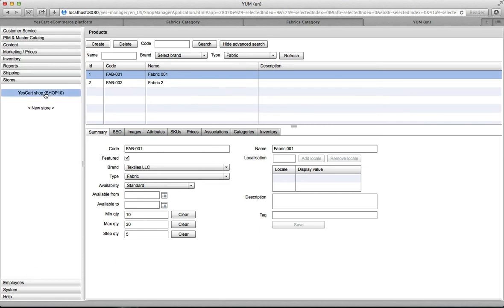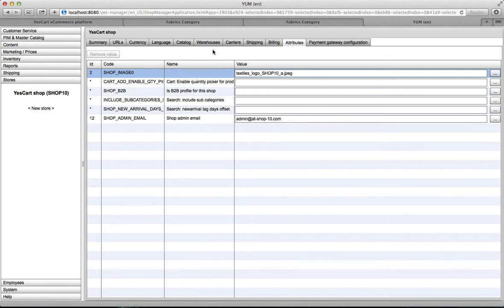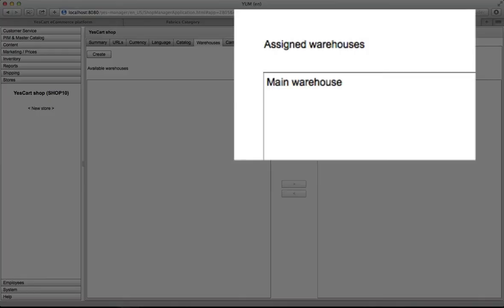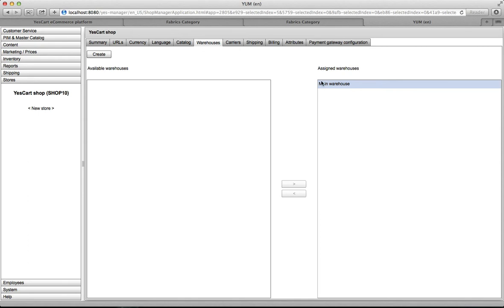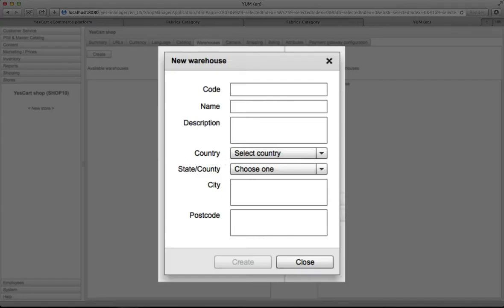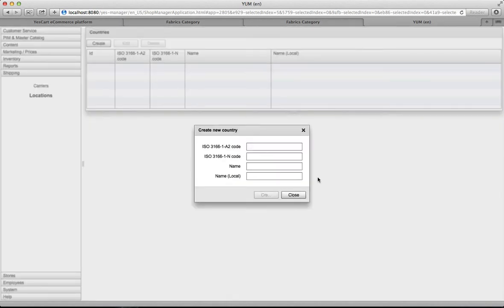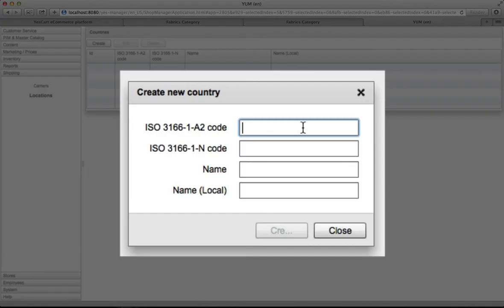So if we go to stores, yes, shop, and we go to warehouses. At the moment we already have a main warehouse assigned, but I wanted to show you how to create a new warehouse just in case you need to create one. So if we create, you can see it requires country and state, which we do not have at the moment. So if we close this and go to the shipping and locations and add a location,